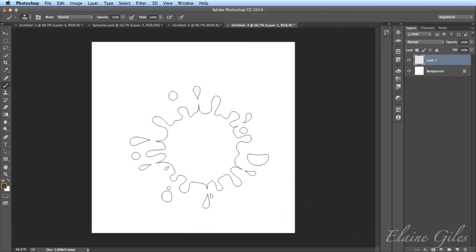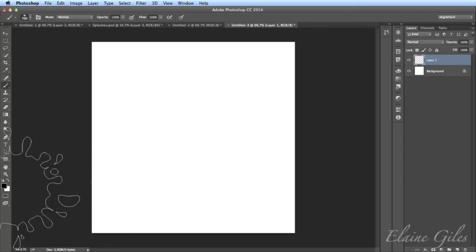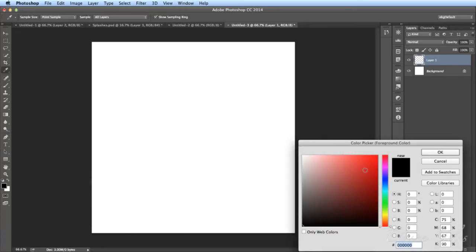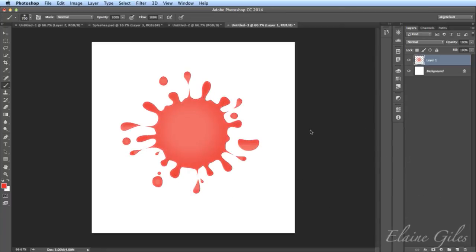Now I'm going to get a new layer, put this on a layer of its own. And I want it to be a kind of reddish colour. So I'm going to go and choose a colour. Not bright red particularly, just reddish. So there, that looks about right. And click once. And you can see it does make it red, and it does even manage to give it some kind of depth by using the opacity. But it is actually quite flat, to be honest. And there are ways that you can work on that so it's not quite so flat.